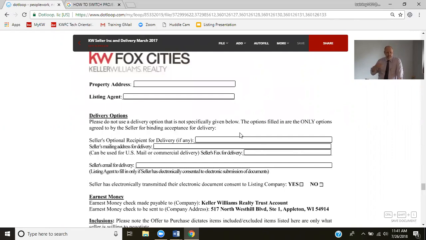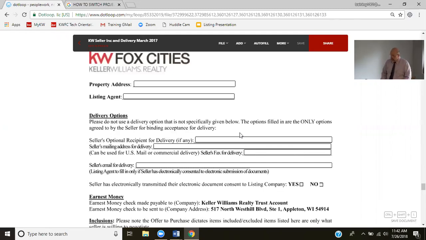On the offer to purchase, the first section where they talk about delivery, it talks about optional personnel for delivery. And I always recommend putting in the agent's name so that you are that other person who can receive it. Because remember, the buyer and the seller can always receive documents. That's automatic. But we need to talk about other ways of doing it. And receive it by, I mean, literally, here, I'm handing it to you, you're now receiving it. But if there are other ways of doing it and other people involved, we have to discuss that in the